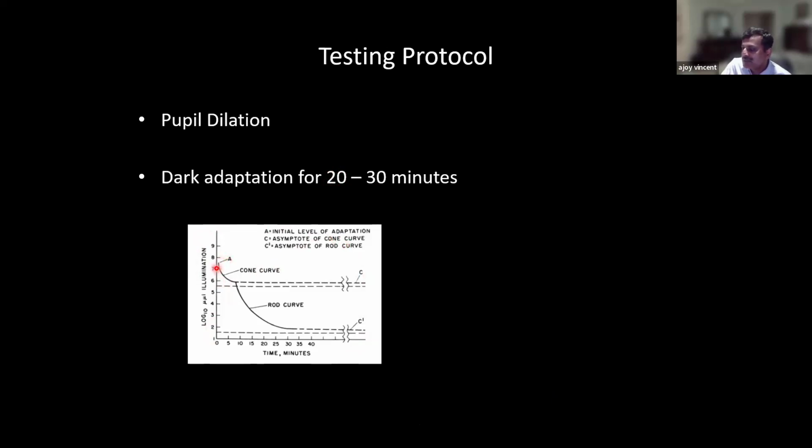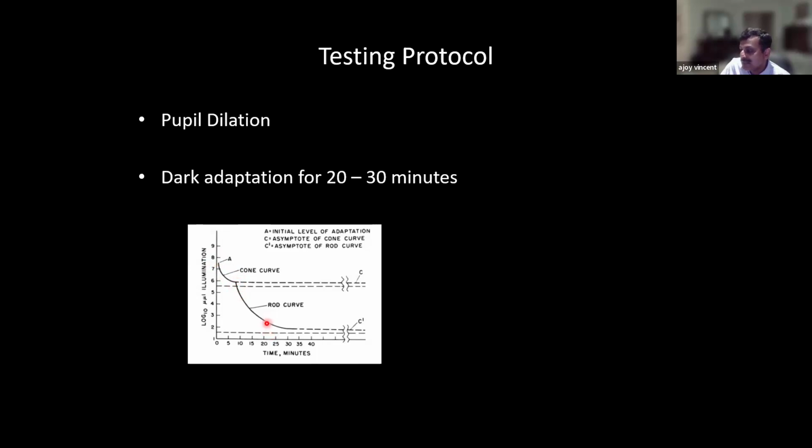As soon as you enter a dark space, for the initial 7 minutes or so, whatever your eyes can see is mediated through the cone system. At about 7 minutes, you'll see an edge here, which is called the rod cone break point, and it is at this point where your rods take over. And as you can see here, at about 20 minutes,